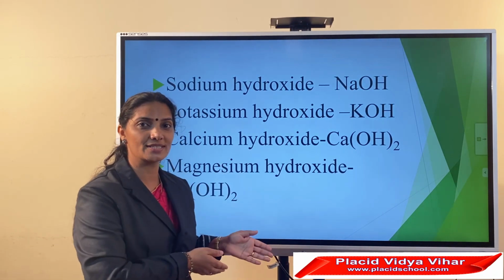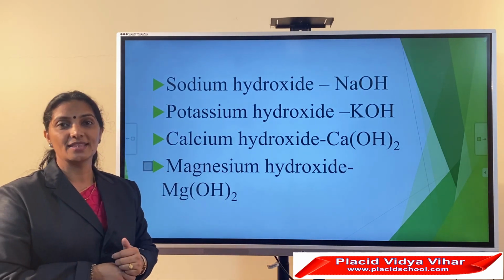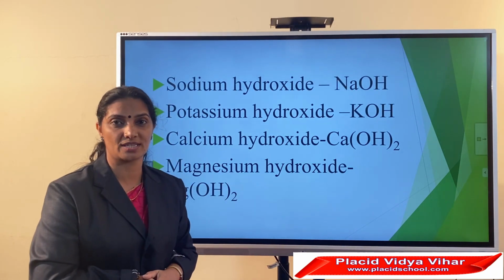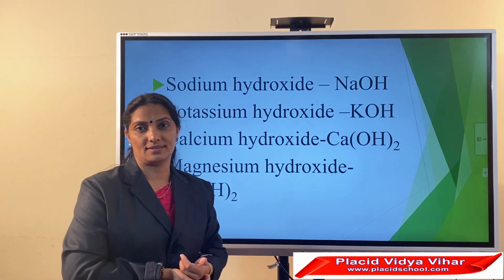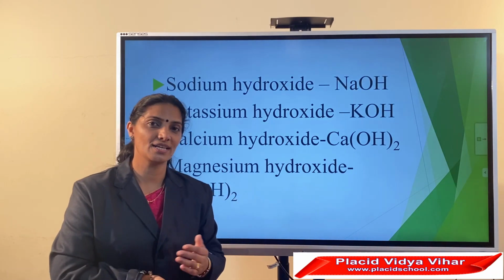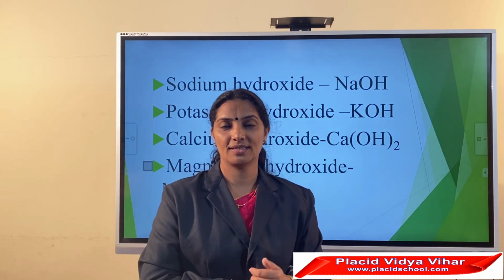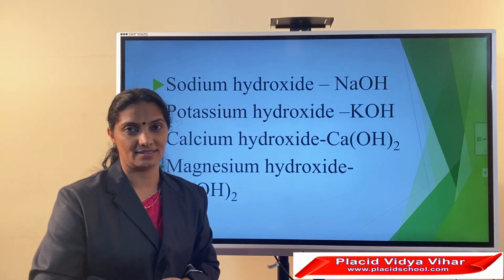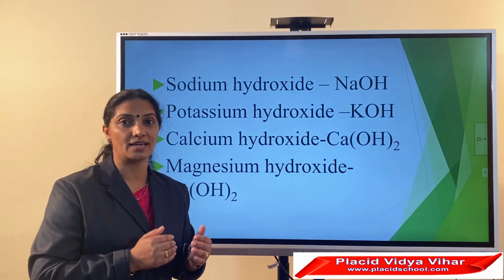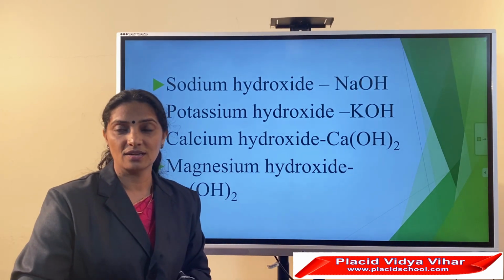Do you remember their uses? Yes. The first two, potassium hydroxide and sodium hydroxide, are used for manufacturing soaps. While the third one, calcium hydroxide, is used for painting. Then the last one, magnesium hydroxide. What is the other name of magnesium hydroxide? It is known as milk of magnesia. It is mainly used as an antacid. So we have many acids and many bases in our daily life. We use these materials in our chemical laboratories for many experiments also.